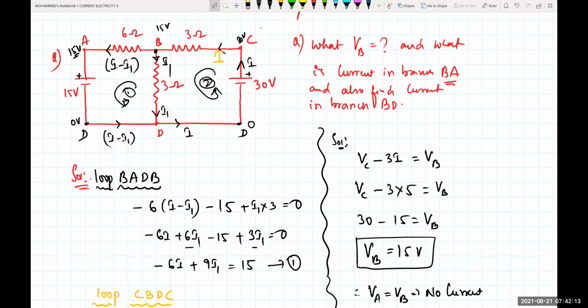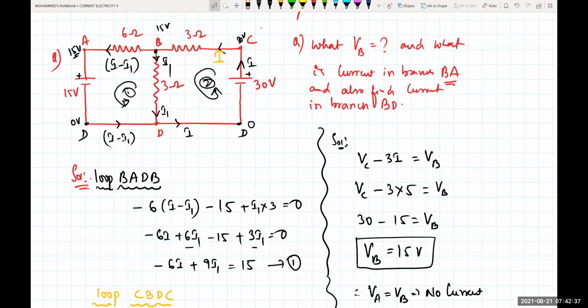How many loops will we be getting, beta? First, see how many batteries are there, 30 volt and 15 volt. So obviously the 30 volt will be more dominating. So I'm taking the current from that one as I. That I will come to the junction B and gets divided into I1 and I minus I1. So in the 6 ohm, the current is I minus I1. And from A to D, the potentials are, see at A to B, A is connected to positive. That means A is also having 15 volt.